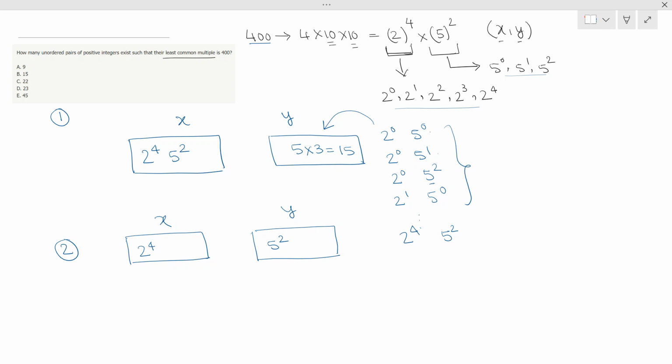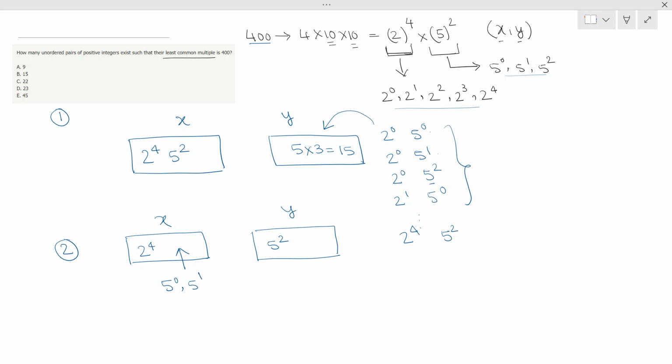So that we cannot really calculate. But as we saw, it can still have 5 raised to the power of 0, 5 raised to the power of 1 in it. It cannot have any other power of 2,